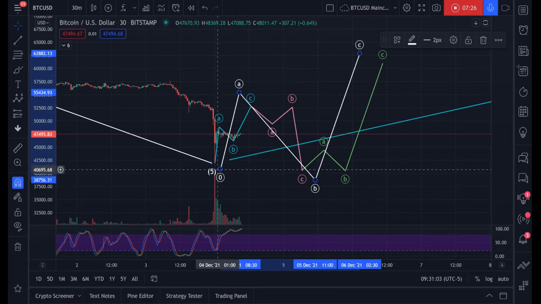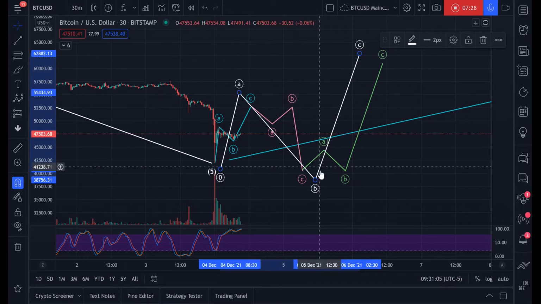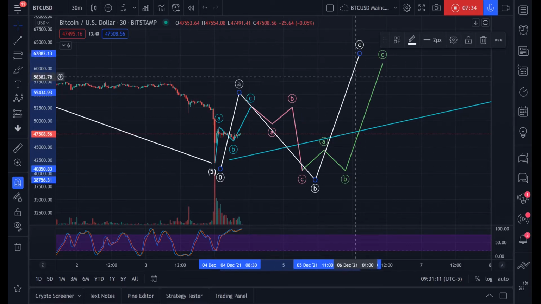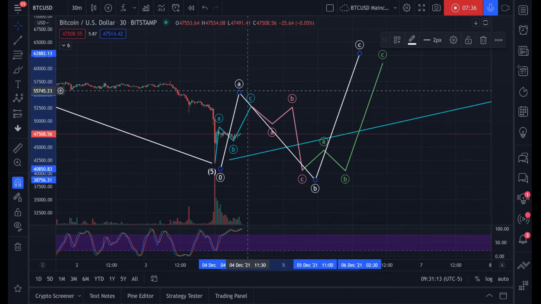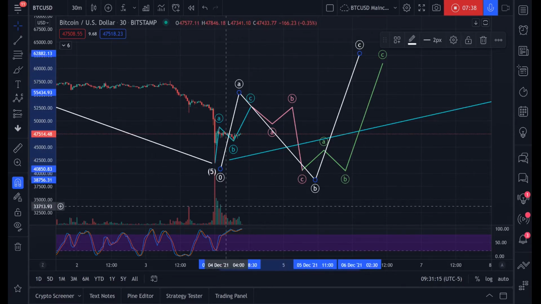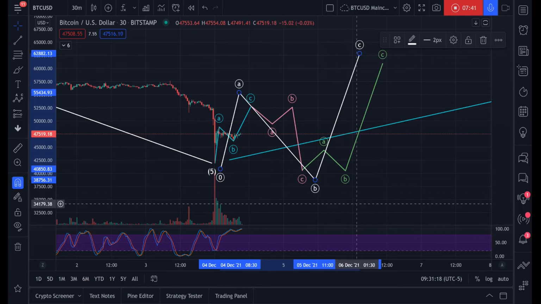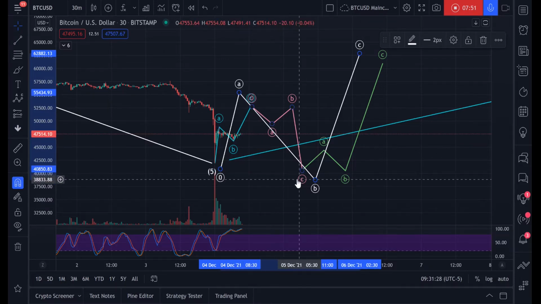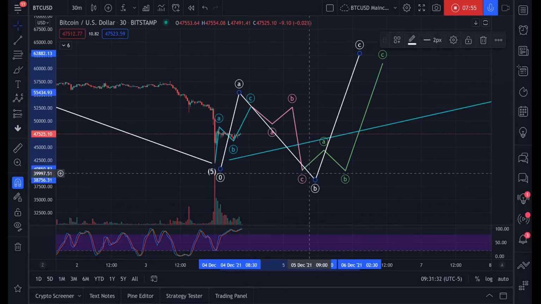Okay, so you have your A wave, your B wave, and your C wave. It can't get that much more simple, right? You just look for these patterns on a smaller time frame, on a larger time frame. Obviously, once you get that, and I don't know how long it's going to last, right? With something like this, where a lot of people lost a lot of money very quickly, the market's going to take its time to consolidate. So these waves may take some time. Are you going to want to trade these up and down? You can, but obviously,